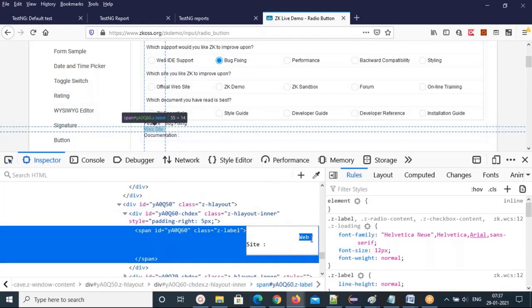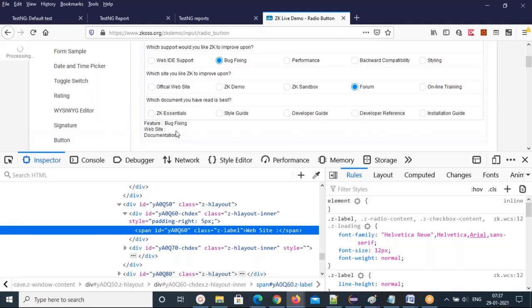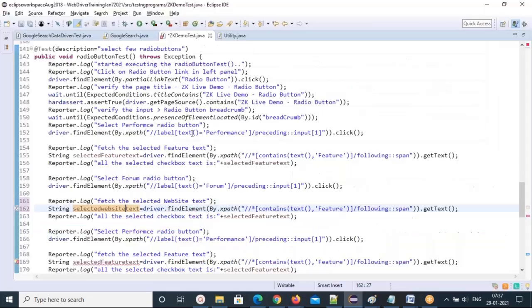All the spaces you can ignore with contains. Then you will get forum here. So I'm identifying the website text and followed by that span and getting that text. So just print that.